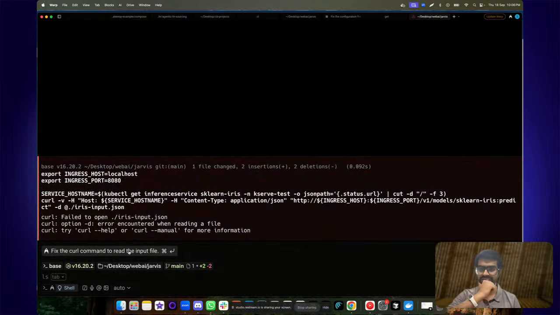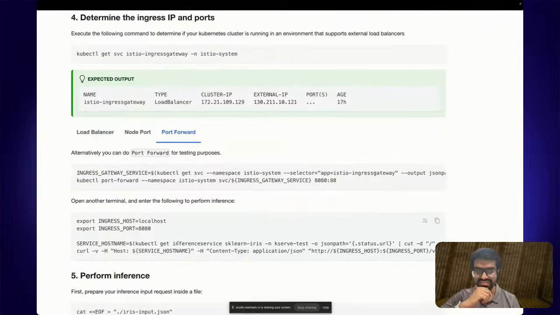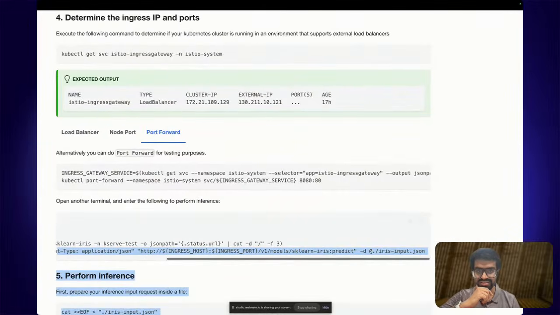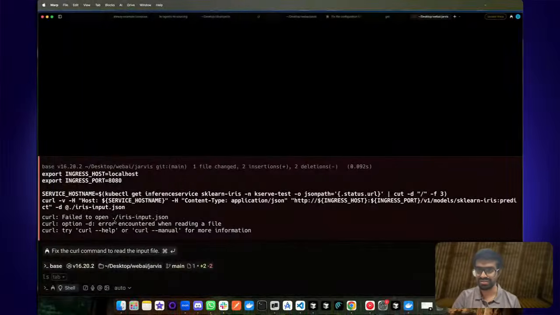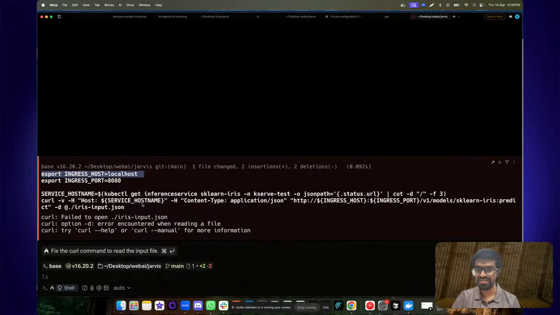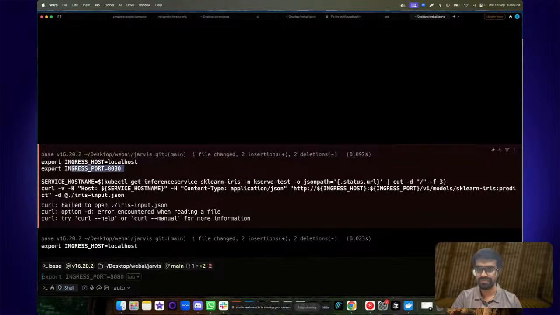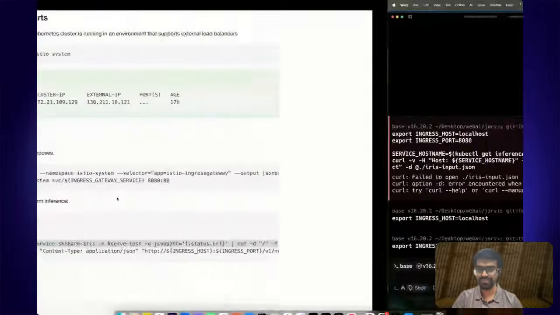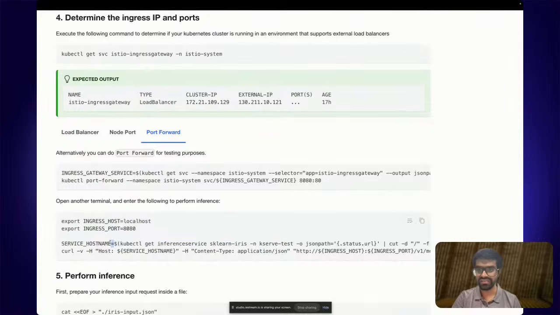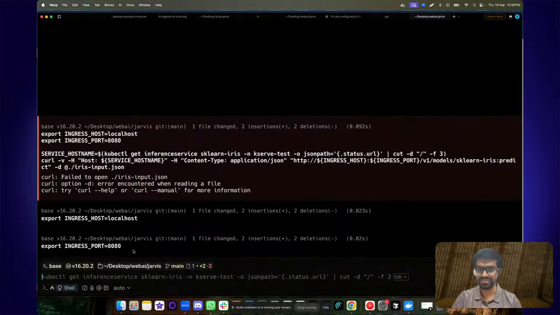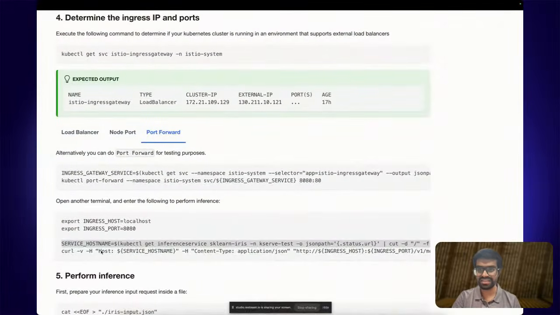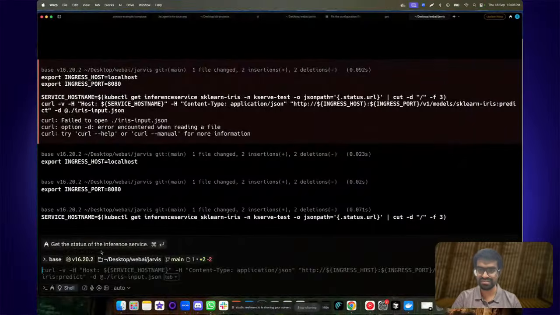Okay, so it says curl. Maybe there's something wrong. So let's just run all of these one by one. And then we have the service host name is this, and then finally the curl request.